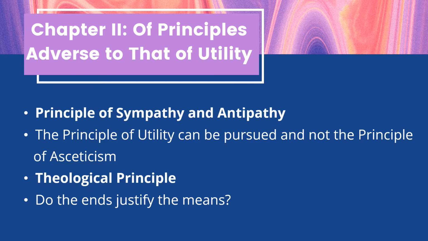Next, from this chapter, it was stated that the principle of utility may be pursued consistently, and it is claimed that the more consistently it is pursued, the better it must be for humankind. Any human being has never and will never continuously follow the principle of asceticism. If only 1/10 of the world's population pursues it relentlessly, it will all be reduced into a hellhole. And this is simply because asceticism opposes the natural influences of pleasure and pain.